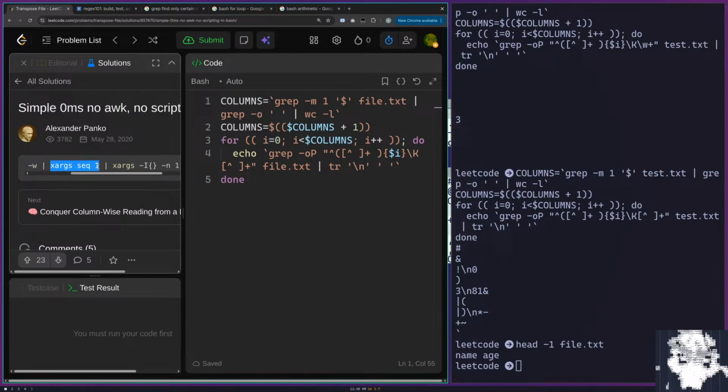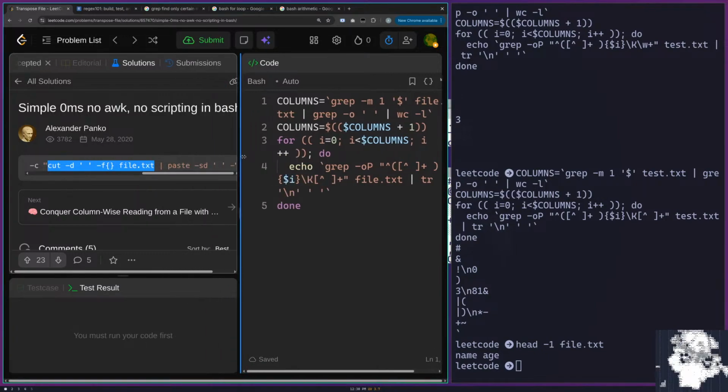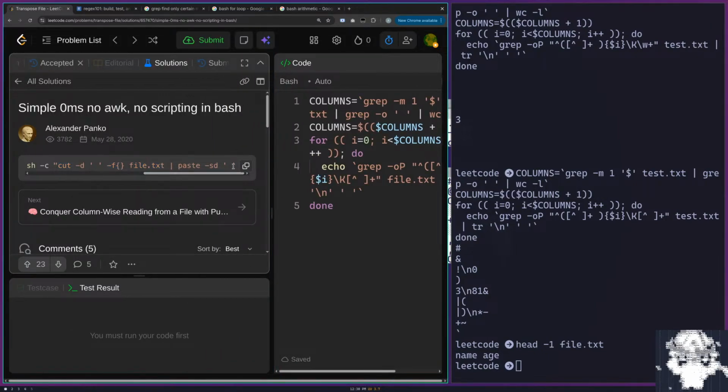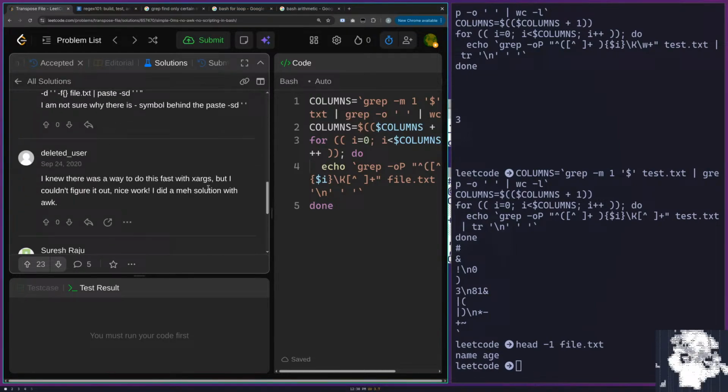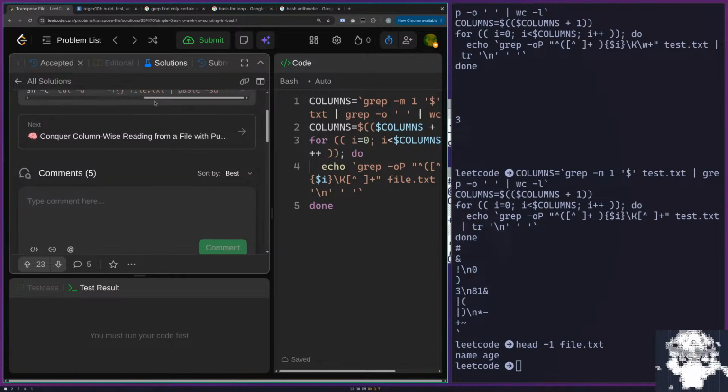Xargs sequence 1. That I don't know what it does. And then we're Xargsing again. And then we're passing this into bash. Cut, I don't know what it does. Cut and paste. That's interesting. Okay, I don't understand that one, but